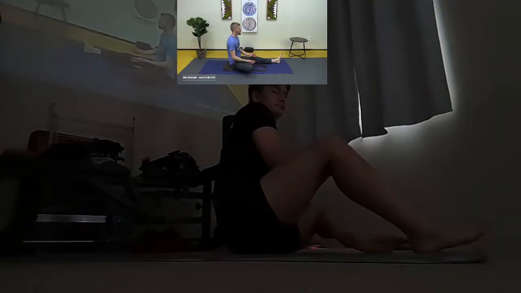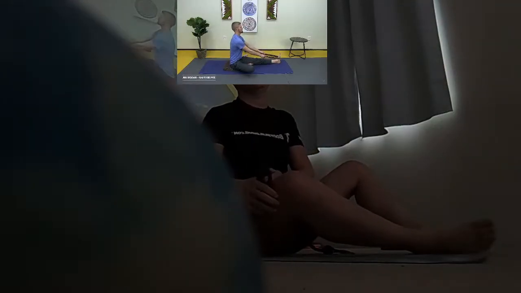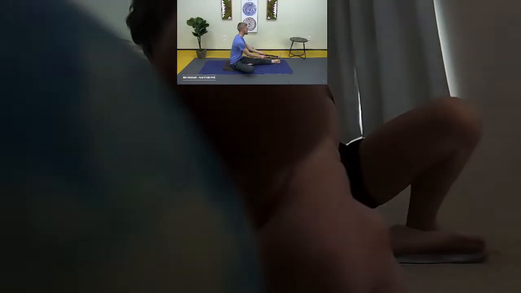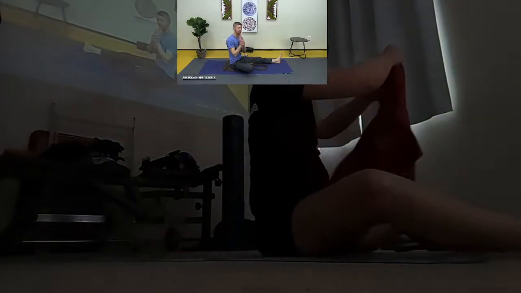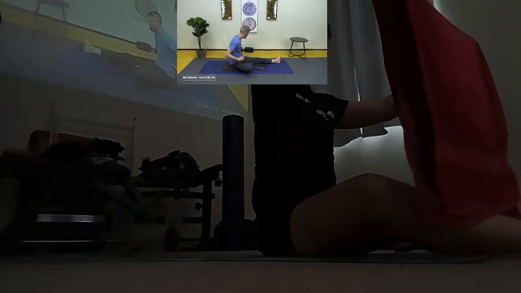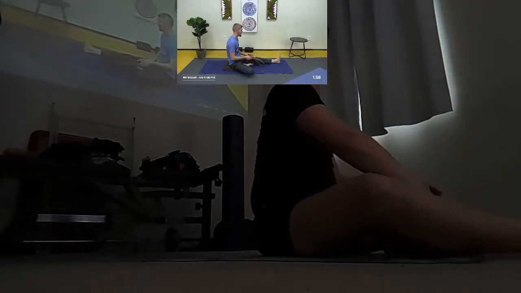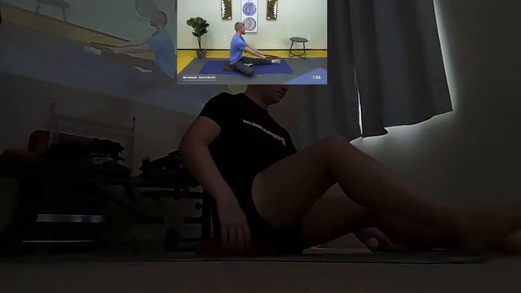Okay, and what we're going to do is take a deep breath in, and we're going to breathe out. As we breathe out, we actually lean forward a little bit while maintaining a fairly straight, erect back. And then, if you have no tension in your lower back, we'll go down a little bit further. But we're going to do 2 minutes on the left leg. Taking a deep breath in,